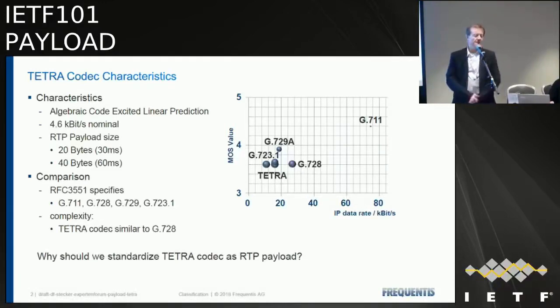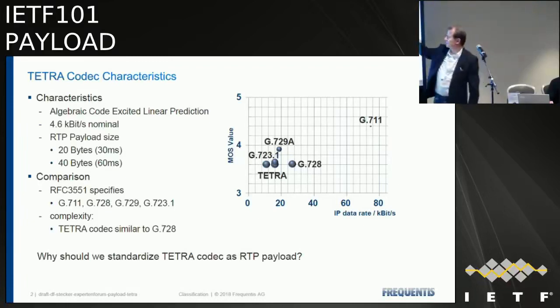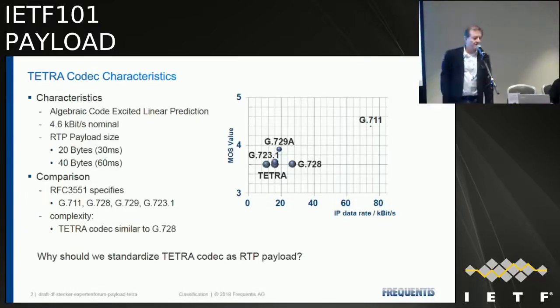It's quite similar to the ones which are already specified by RFC 3551, so G.723.1, G.728, and so on. And I've just tried a little bit to compare computation complexity, the size of the codebooks, MOS values, and IP data rate. So one could ask, why should we strive to standardize a codec which comes with a worse MOS value with a higher computation complexity and the same bandwidth demand as G.723.1, and it is because